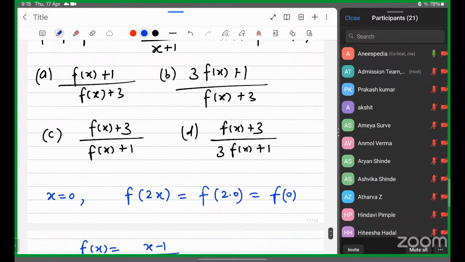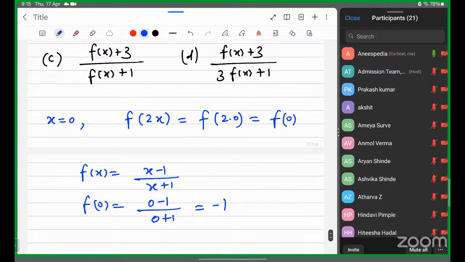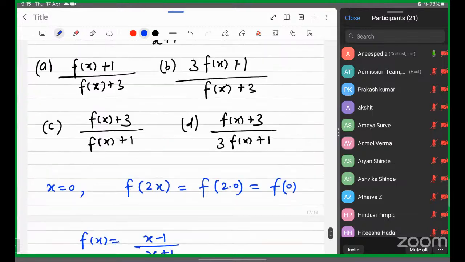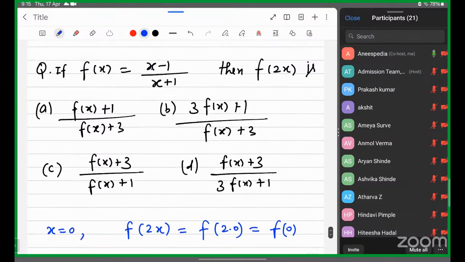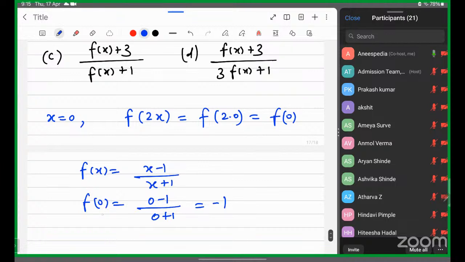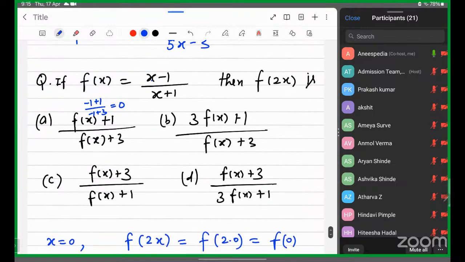Now I will check which option will give us minus 1 on putting 0. So if I take f of 0, this will be minus 1. So option A will be minus 1 plus 1 over minus 1 plus 3, that is 0. And f of 2x is minus 1, which means option A is not the answer. Now if we look at option B,